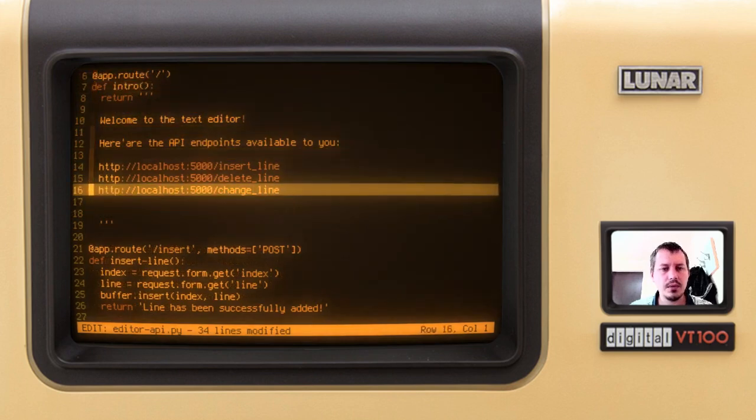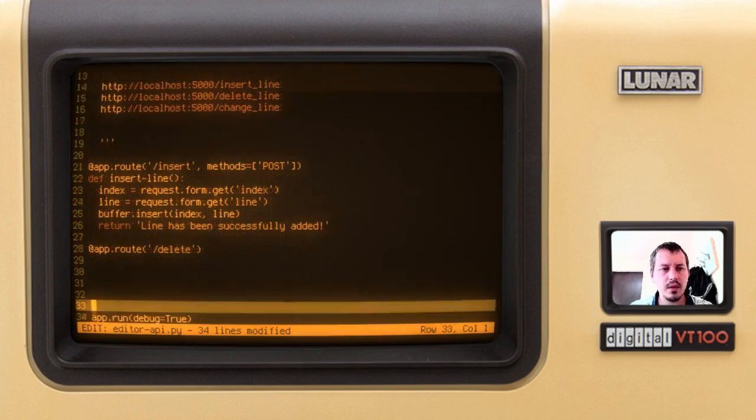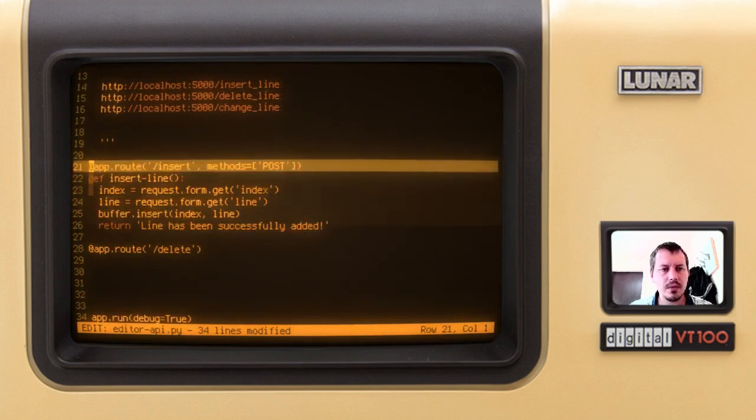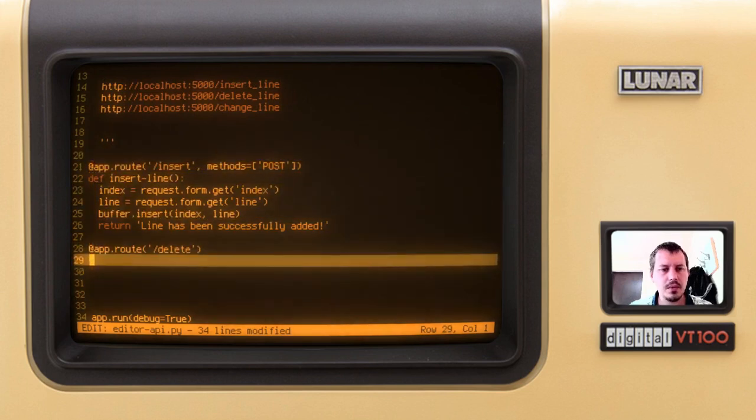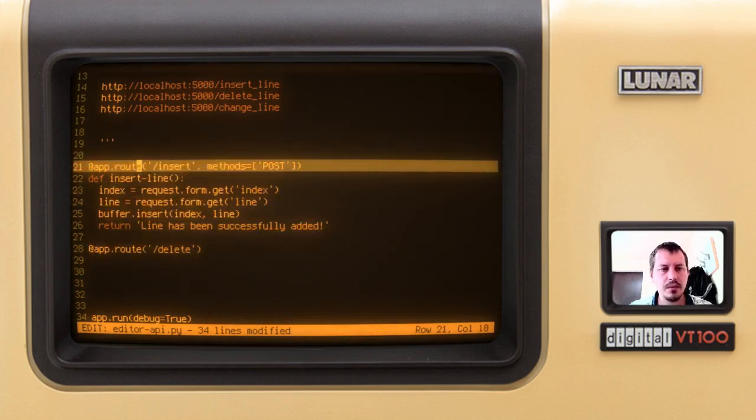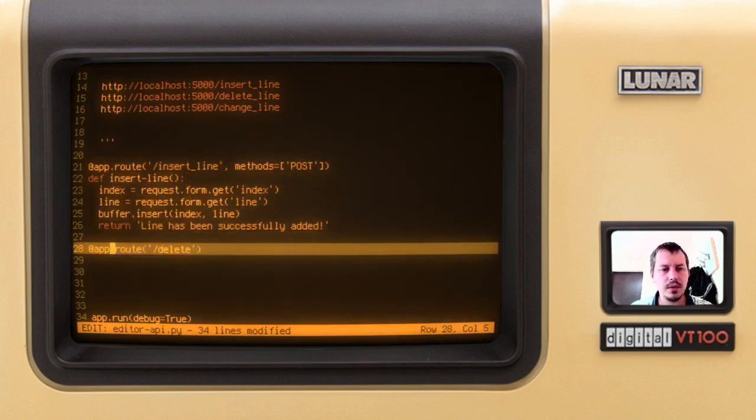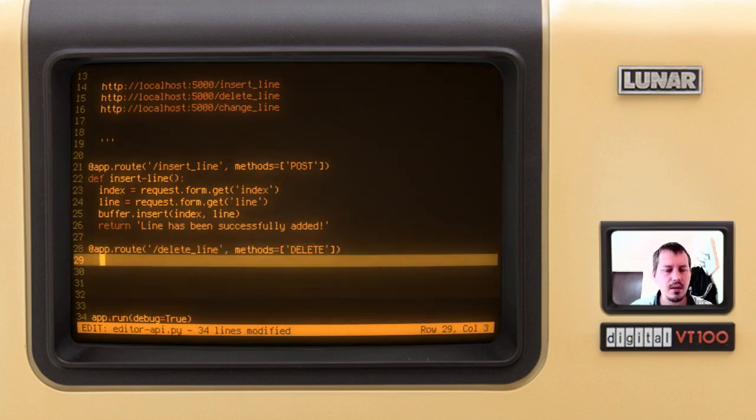Yeah, actually it's insert_line, delete_line. So route insert_line and route delete_line, and here we want to specify the methods as DELETE like this, and here the extraction method is going to be a little bit